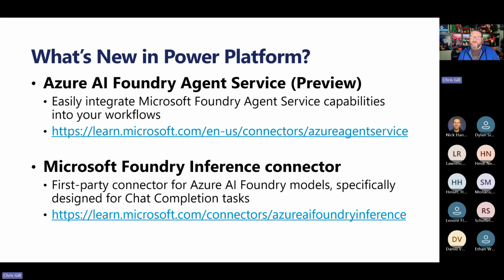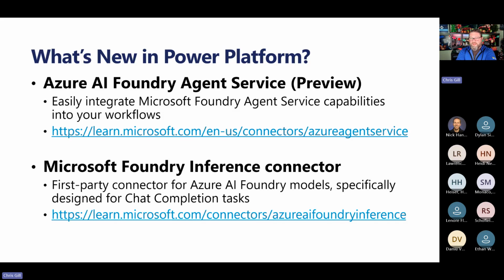There's not much left, but it's the huge light bulb moment that I've been working up to. So from this perspective, what's new in Power Platform? How does this all relate? You're showing us all kinds of stuff that's maybe outside of Power Platform, a lot of Foundry, Foundry Agent Service. Microsoft still has this called Azure AI Foundry Agent Service. It should change at some point, but this is a connector. That connector allows you to integrate your Foundry Agent Service capabilities directly in your workflows.